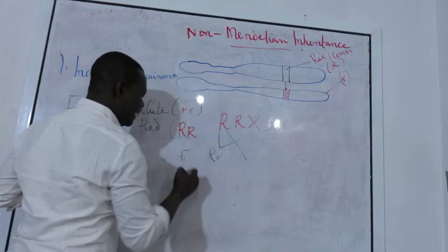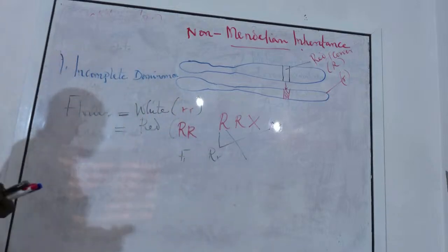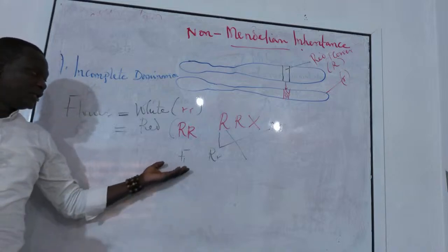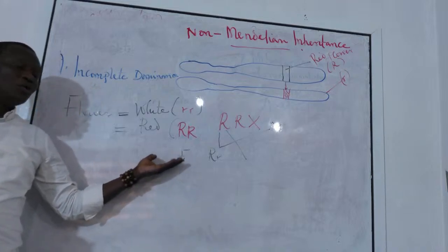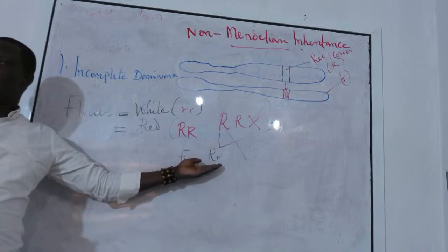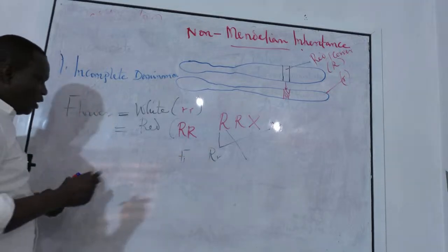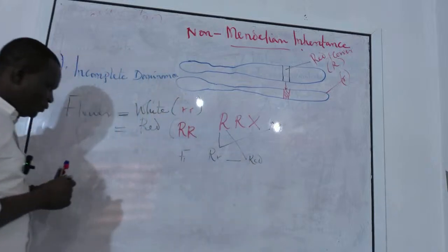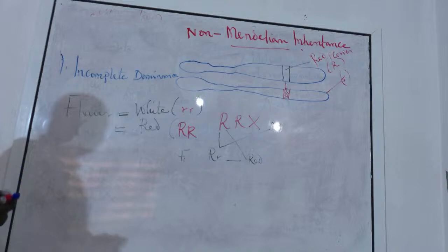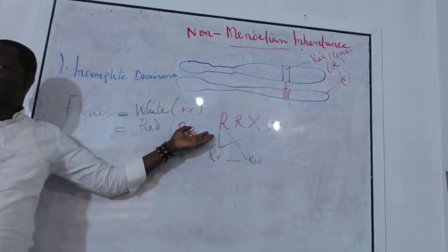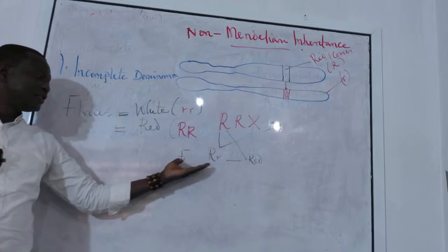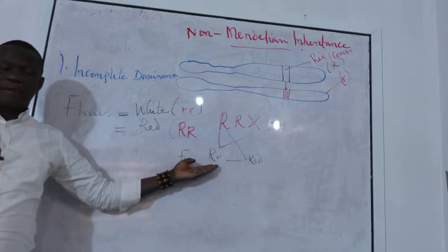This is the first filial generation. Don't forget what I said about Mendelian plants, that all the first filial generations are going to be heterozygous. So that means all of them will be red. All of them will be red. You can also use a Punnett square to verify this claim. But what is going to happen is that the first filial generation is going to be